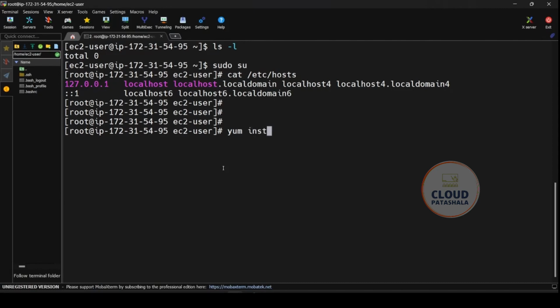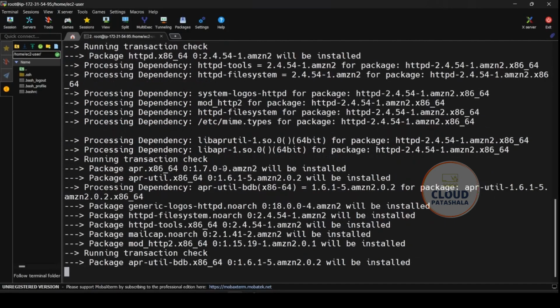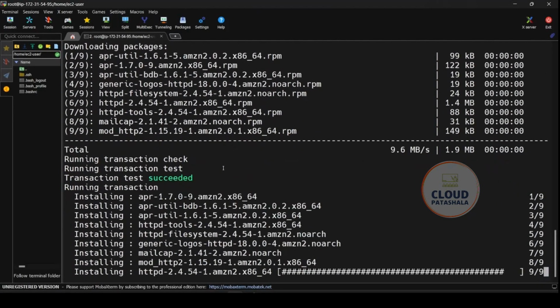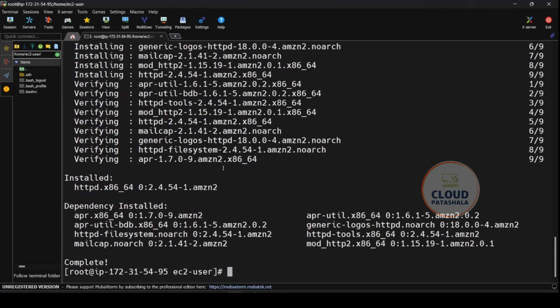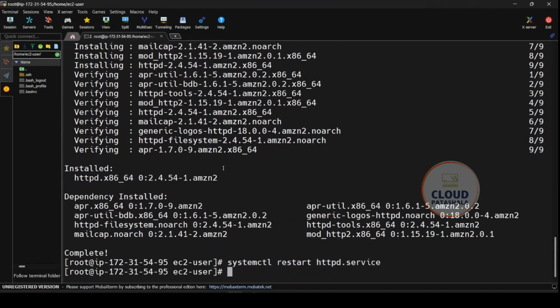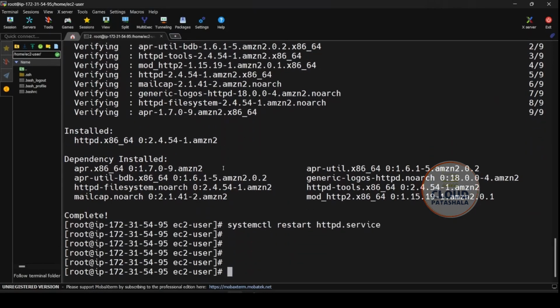I'll do an installation for the HTTPD service. So I'll do this, and this should install the service for us. Now that the service has been installed, I would quickly restart the service so that we have a system running. I would then vi into /var/www/html